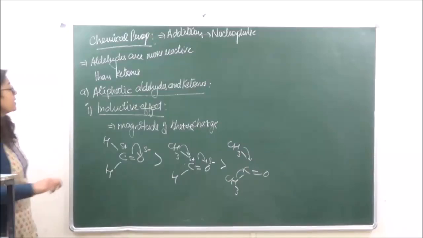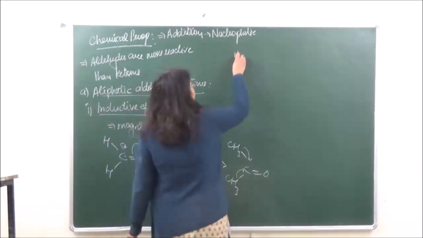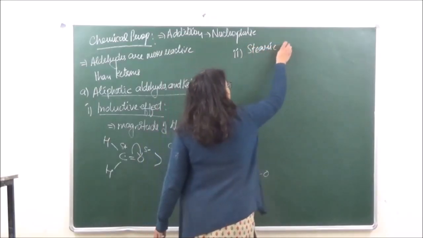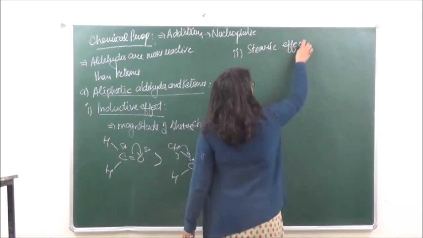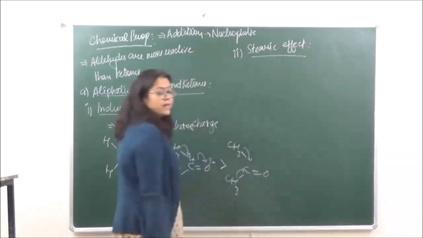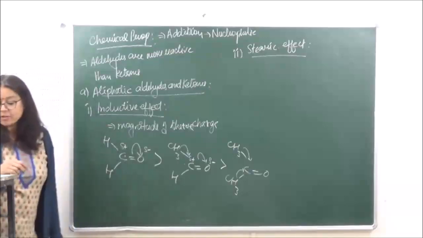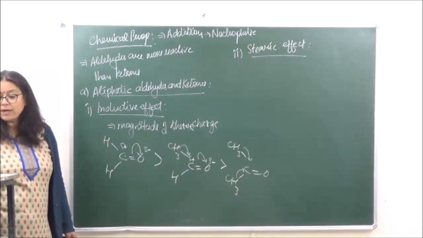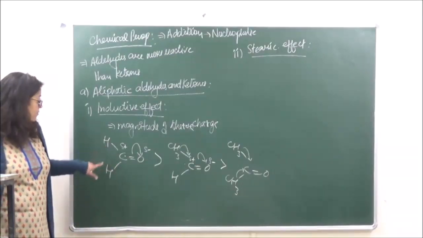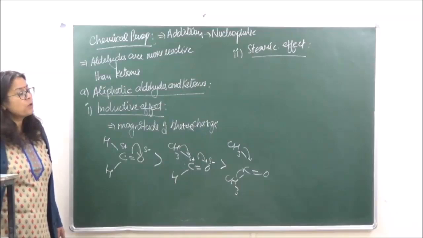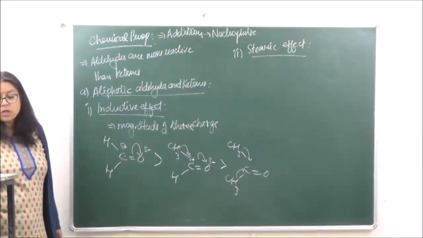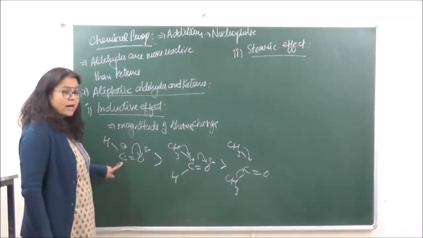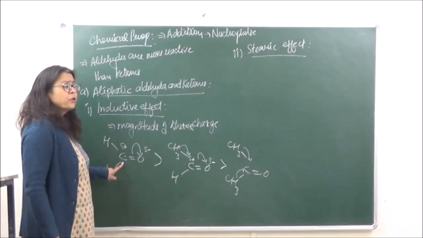Now the second effect which is going to hinder the nucleophilic addition in case of ketones is the steric effect. Steric hindrance is going to take place. So again, if you're looking at formaldehyde over here, in case of formaldehyde, both the hydrogens which are present are going to be smaller groups. Because they are smaller groups, the incoming nucleophile which is going to form one addition product over here, that is going to become easier.